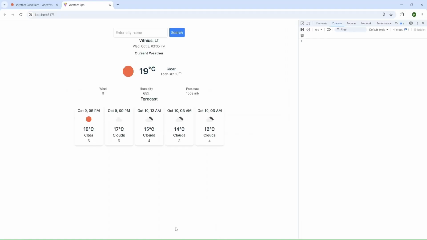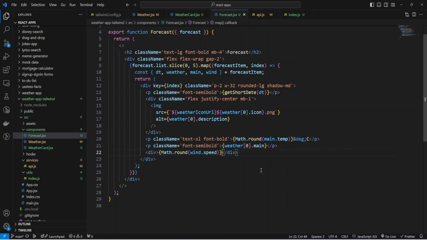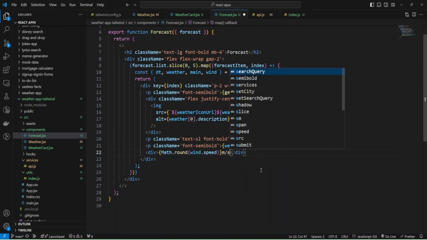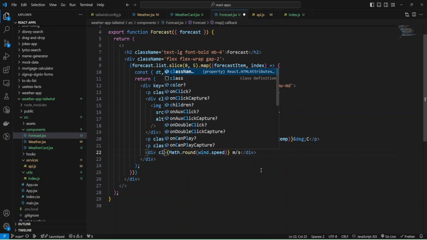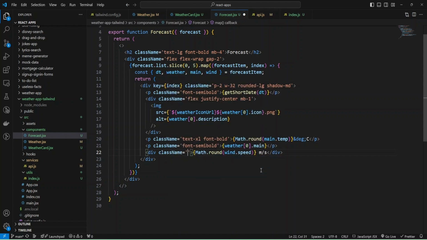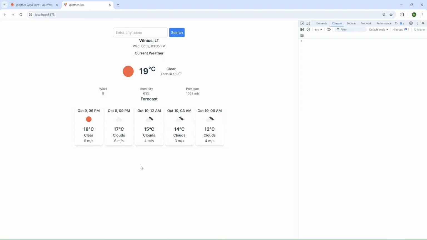Okay, we have our wind. We can add meter per second, and also we can add font, class name, and probably let's leave it as it. Okay, we have our cards, and now we can add styles for our